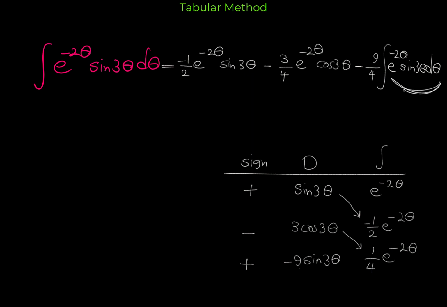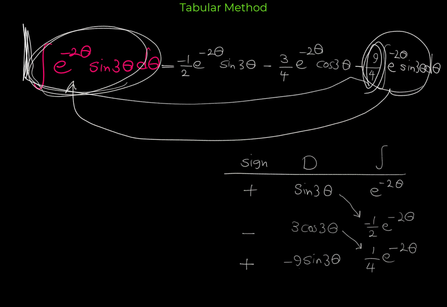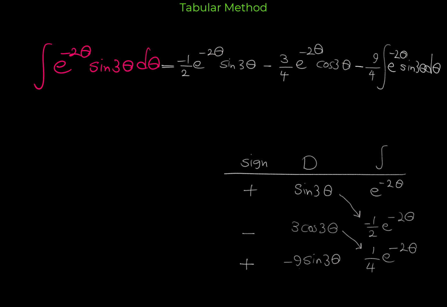Now look at this. This is the original integral that we had here. If I move this integral to the left, I have the original integral, and attention, the coefficient here is 1, plus 9 over 4 of the original integral. So it would be 1 plus 9 over 4 times the original integral. 1 plus 9 over 4, with a common denominator, would be 13 over 4. So we have 13 over 4 integral of e to the negative 2 theta sine 3 theta